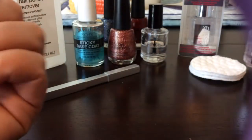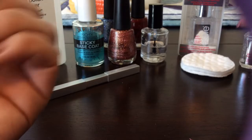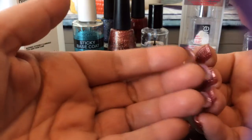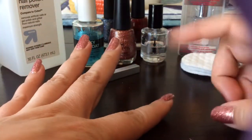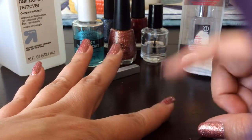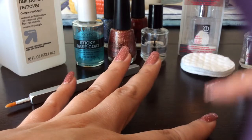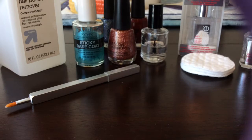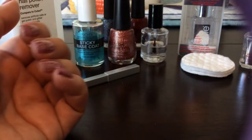And with this, I would say that with all of those layers, that's 1, 2, 3, 4, 5, 6 layers of polish, they will be completely dry. Like, so then I'll start tapping, and as long as you can hear that clicking sound on your nails, you can tell they're dry. I would say they're completely dry within an hour, which I know may seem like a long time, but for